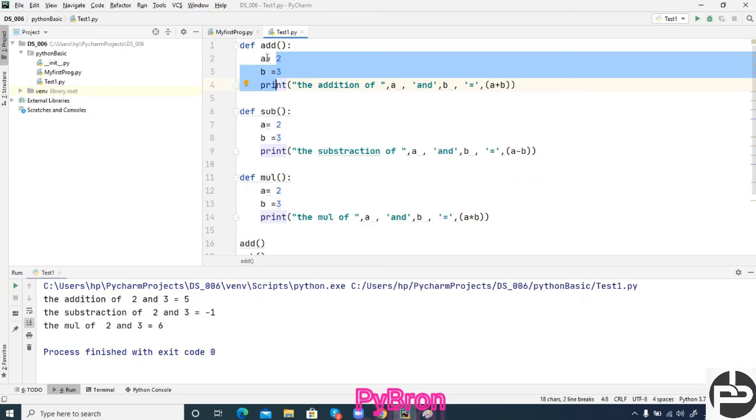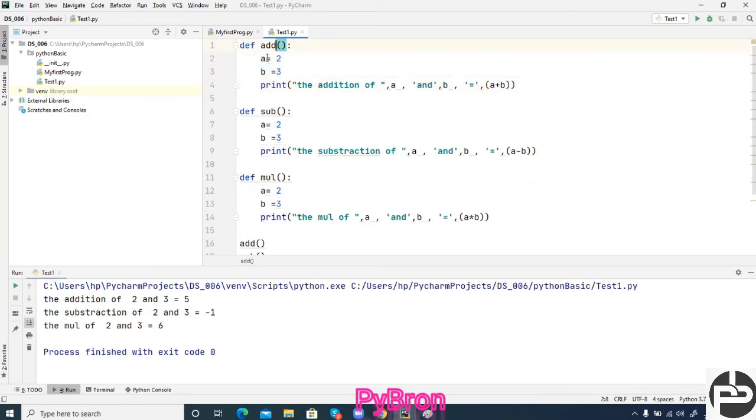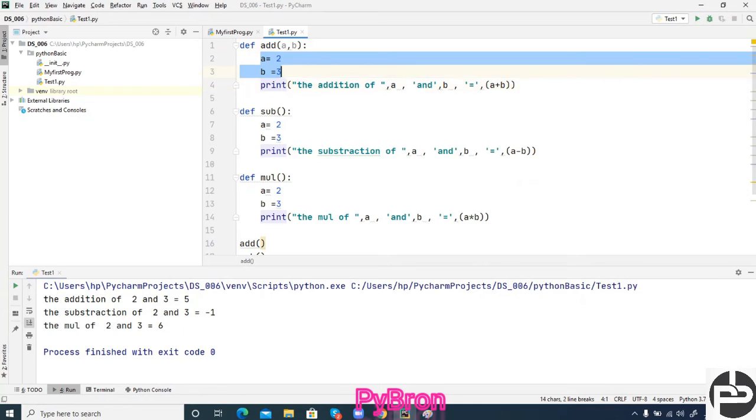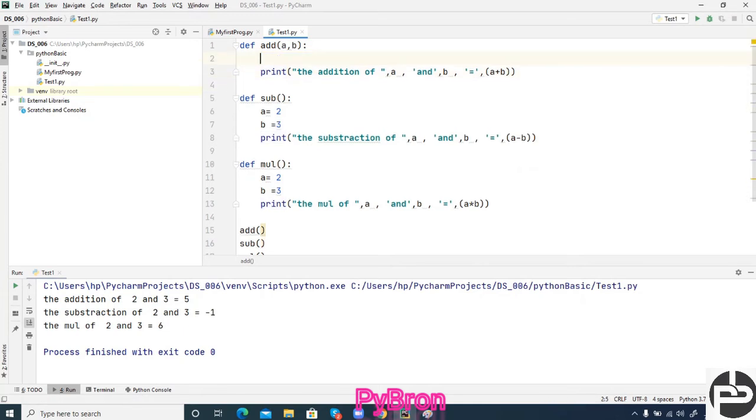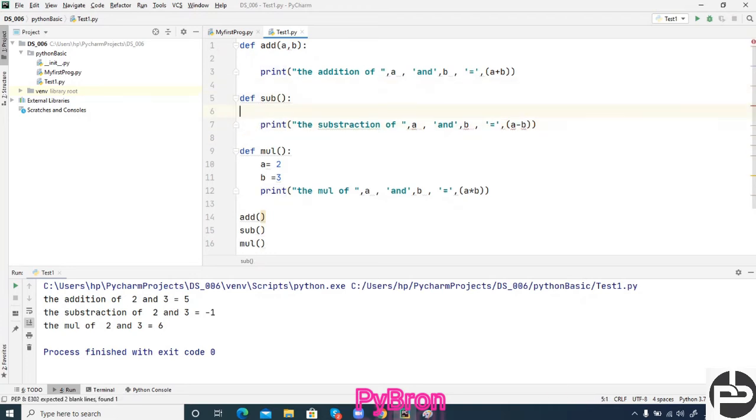Again I am saying, this kind of method is known as a non-argument method. Here we are not passing anything inside the method. So what I am going to do is, whenever I call the method, at that time only I will pass the A and B. So I am not going to define this A and B at all. Now this A and B I am going to pass here only. Try to understand what changes I am making right away.